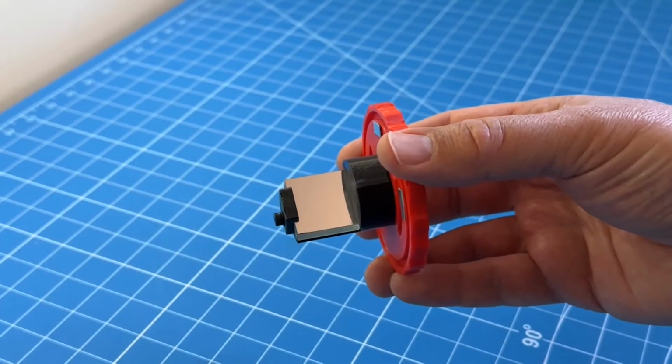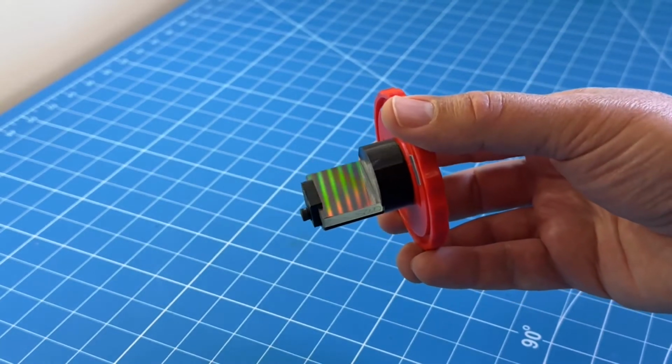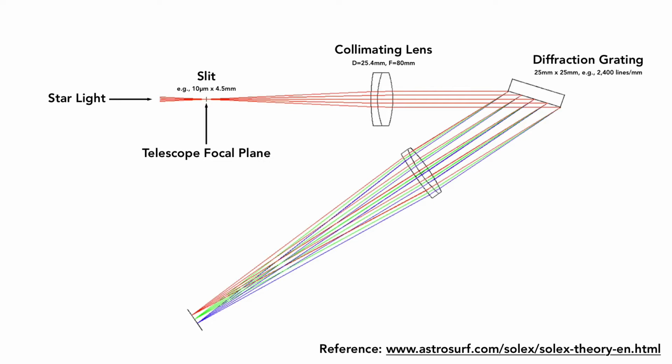A diffraction grating is a reflective surface that sort of looks like a mirror, but it generates some iridescence. At the microscopic level, it is made of extremely fine parallel grooves that cause the light rays of the incident beam to interfere with one another, so that each wavelength is reflected from the grating at a slightly different angle. The reflected light is then focused by the objective lens to form an image of the spectrum of our target